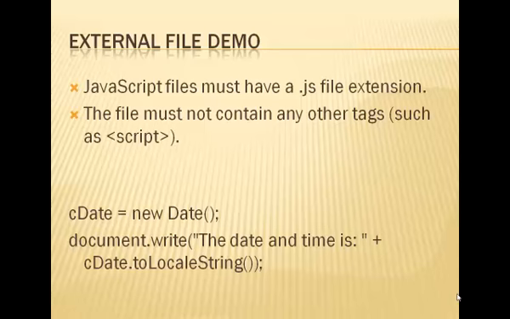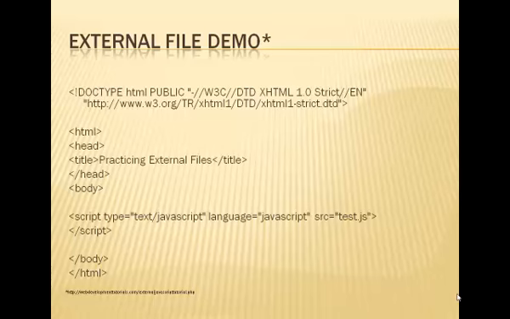So this would be an example. You can actually take this bottom part where it starts with CDate, and save it as .js, and it's actually going to look at bringing the date into the file. Okay, so you could save that as test.js as we reference, and then you create your HTML file, and if you take a look, we've included the script in the body tag, and we reference test.js, so you would need to save test.js in the same place that you're saving this particular HTML file, because as you see, it's not referencing any subfolders in the source. And then when you actually run the HTML